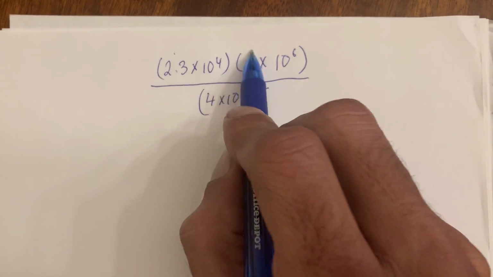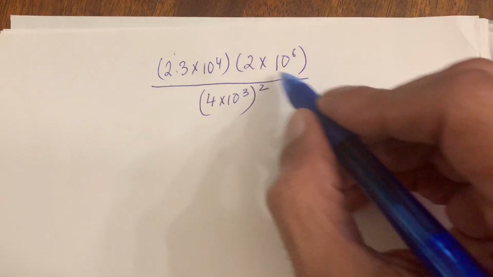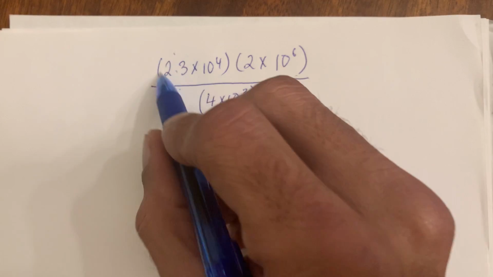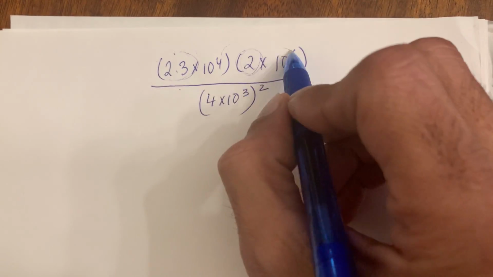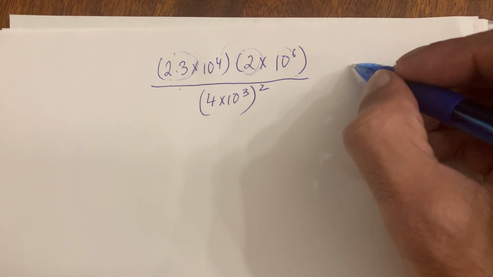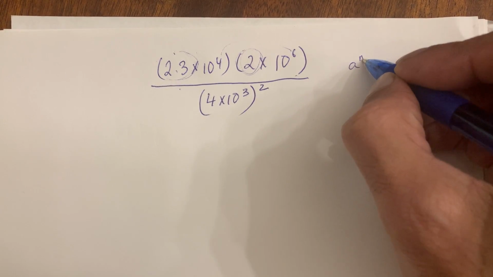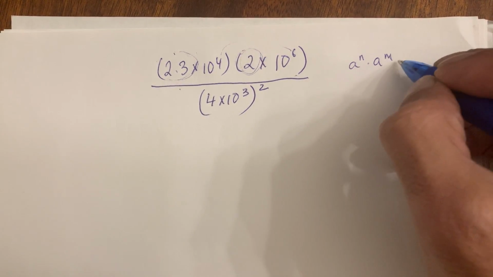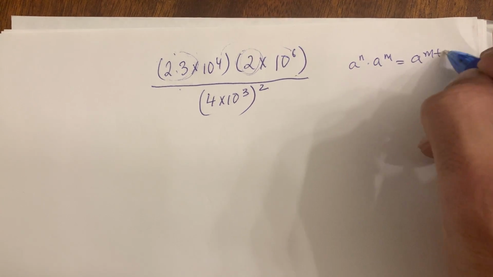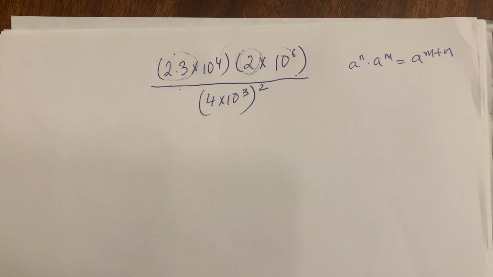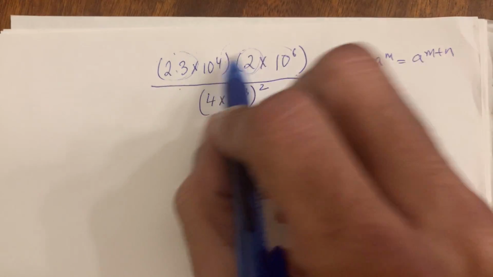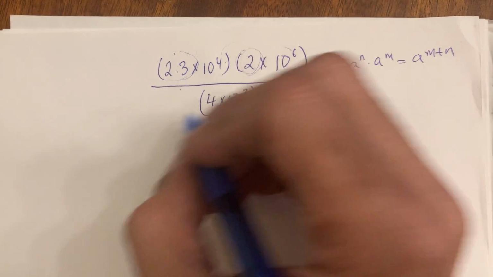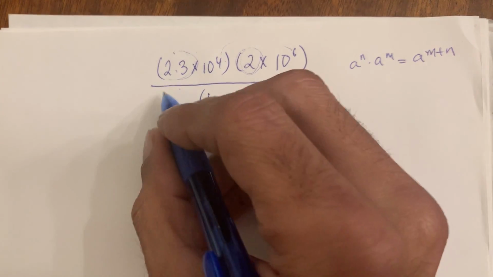bad either. If I multiply, remember when we're multiplying these numbers here, we multiply each other while these powers will add. And again, that is all coming from a to the n times a to the m equals a to the m plus n. Remember that from algebra, right? Okay, so the powers get added up, because remember, if I write something like this, that's the same thing as